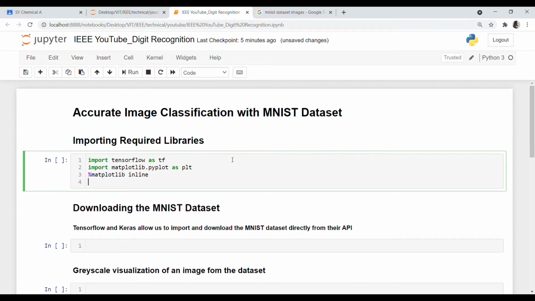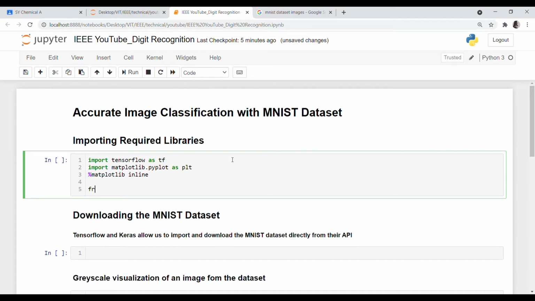Then for importing the required Keras modules containing the layers of our CNN model, from tensorflow.keras.models we'll just import our required model, that is the Sequential model.